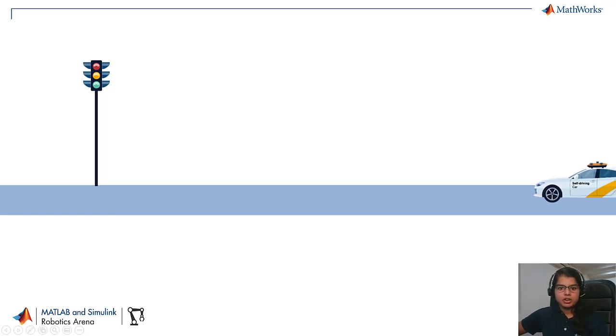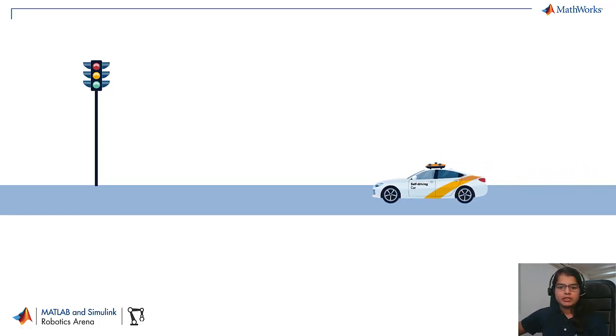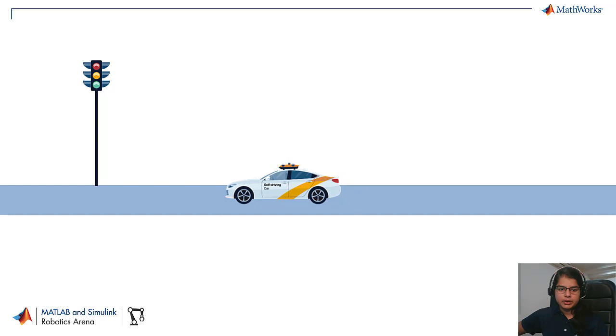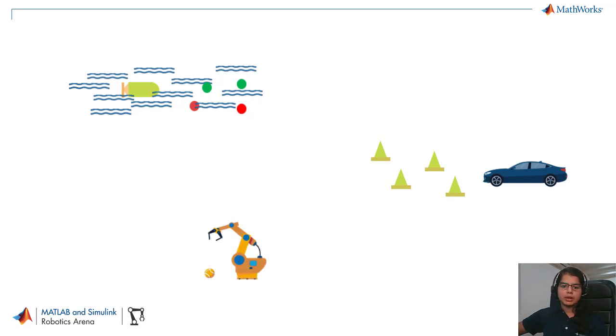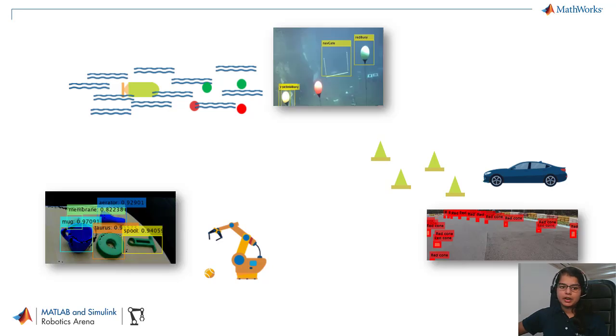While designing your autonomous systems, you typically have a requirement to see your environment. It could be an underwater vehicle going through obstacles, a student car maneuvering through cones, or a robot picking up and placing an object. You see the environment, and depending on what you observe, your vehicle or robot would perform the next set of tasks. That is why you have perception as an integral part of your autonomous systems.